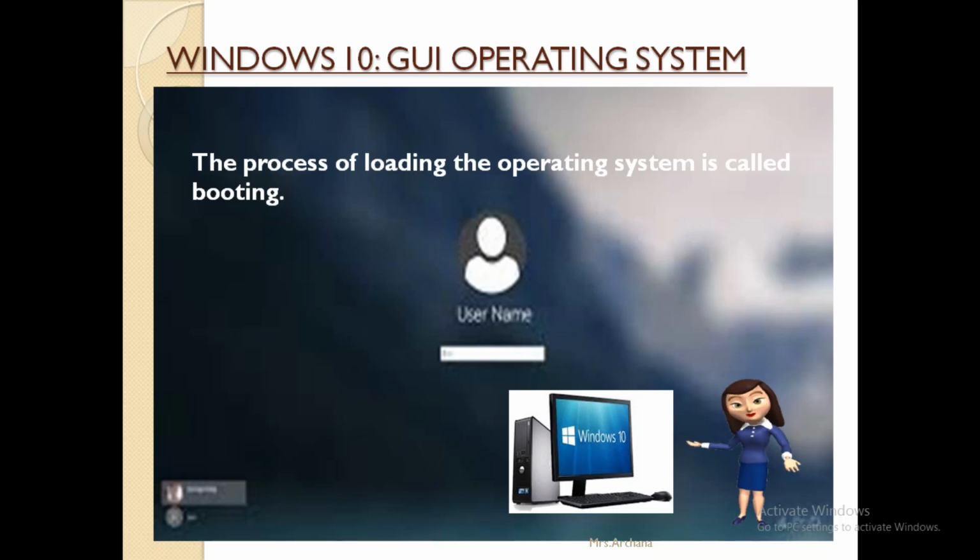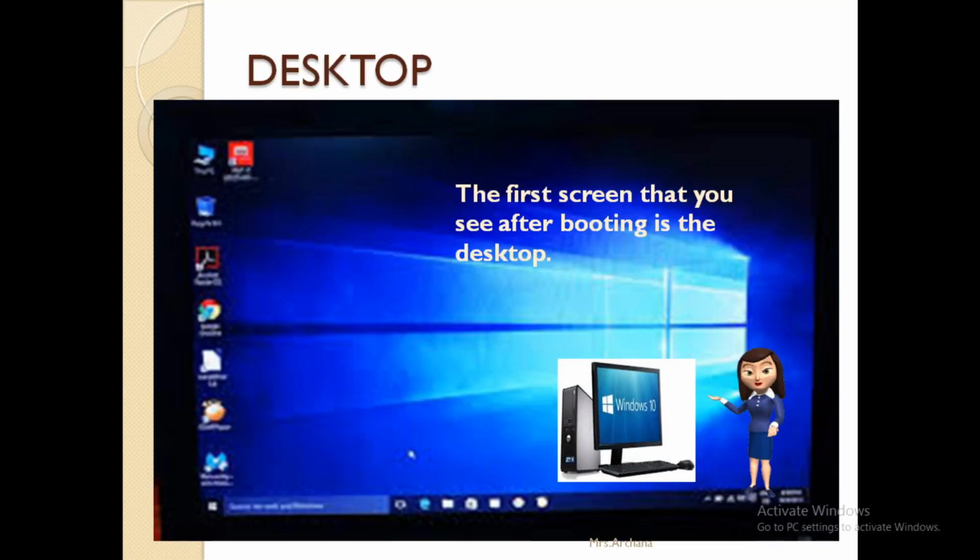When you see this login screen, here the username is written and it is asking for the username. That's why this screen is called the login screen. You can type your password here and press the enter key. Then you will find another screen, and that is called your desktop.